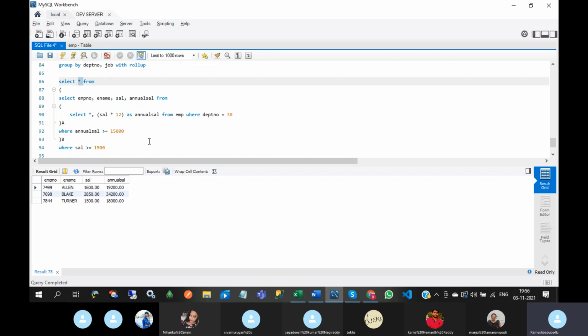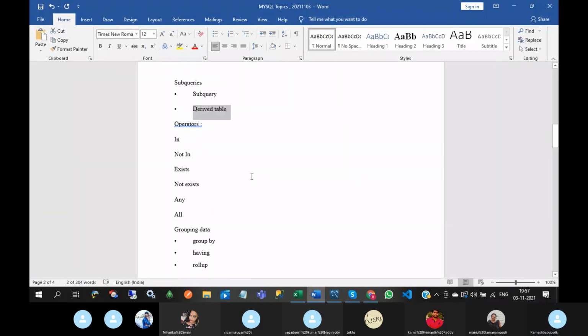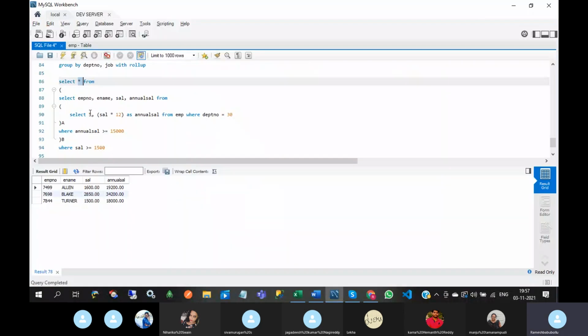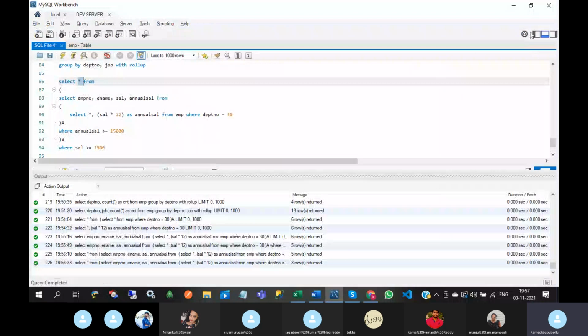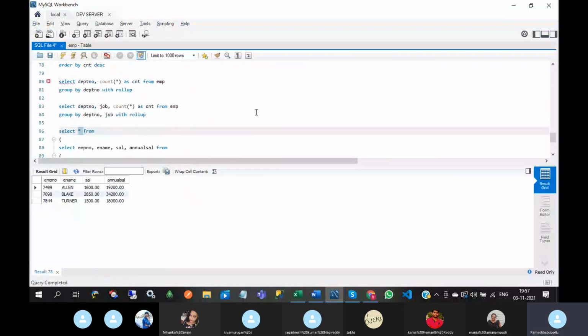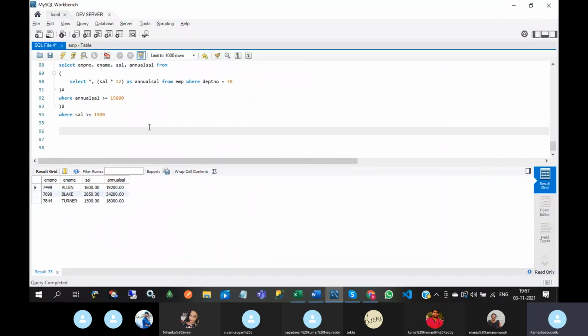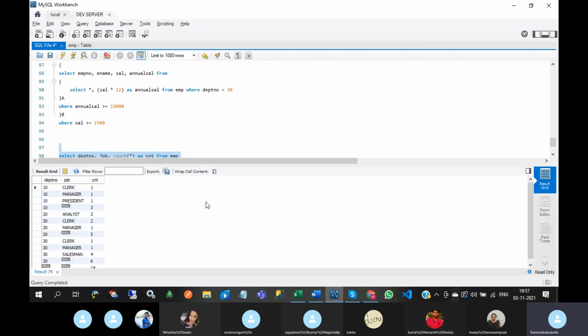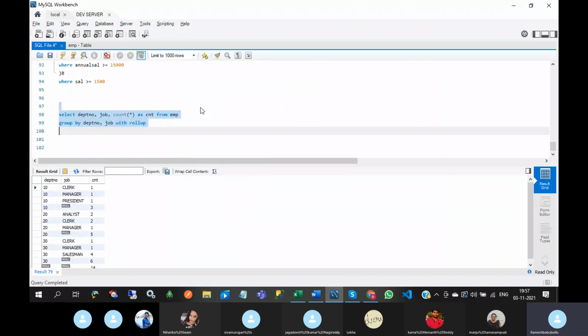So this is a derived table. In rollup we can use it, we will take one example like this, then you can easily understand this.